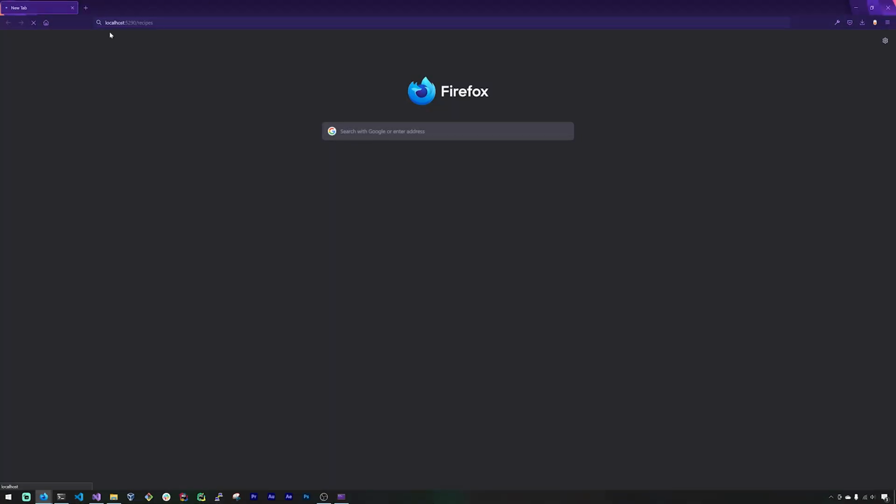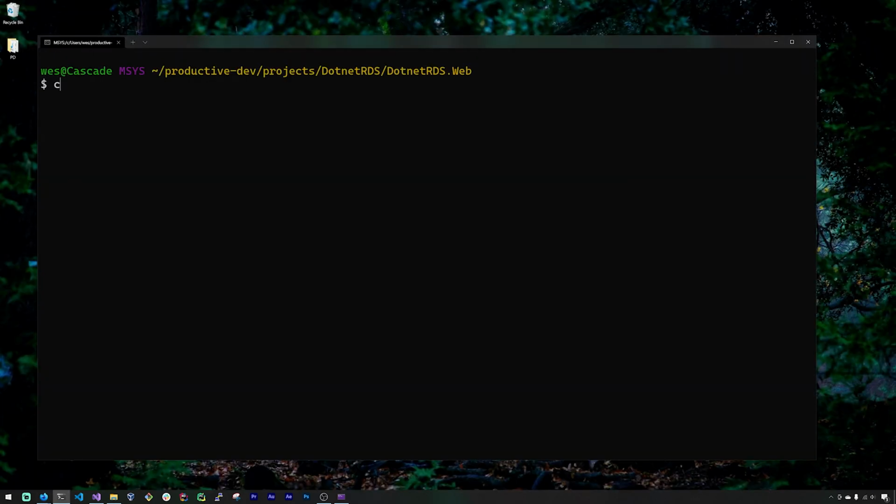And if we hit /recipes, you can see that nothing is actually happening yet because we don't have any recipes. So let's make a post request. For that, we can come to the terminal. Let's go ahead and make a curl request, and we can use curl to make a post request with -X and then POST HTTP, and this is at localhost 5290/recipes. And then we can pass a header of type content type application/JSON, and then some data, which we can pass with -d here, and we can pass a JSON string,